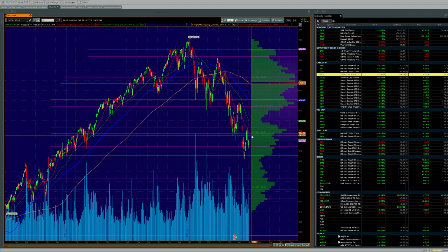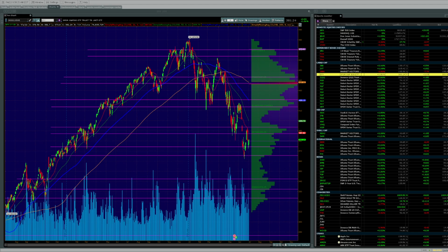Where do I think this could go? Well, first move, you're looking at 390 here in this range on SPY. Ideally, you break through this supply zone. And I want to point out, all we've done is hit supply zone. If you're an Elliott Wave trader, you're really trading supply zones. It got down to a supply zone, found buyers, came up, got rejected here, sold sellers in the supply zone, came back down. Buyers below. Now they're going to make a move higher, try to flush out these sellers. Ideally, a move back up to the 100-day moving average at 417 would be a big move for the bulls